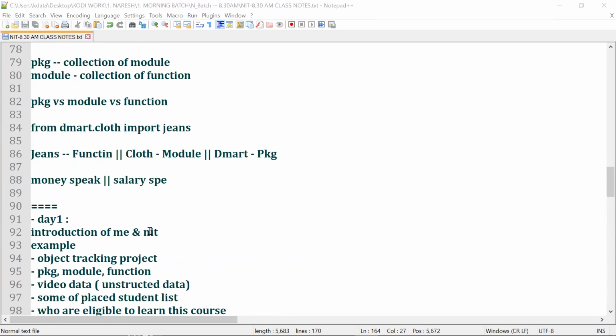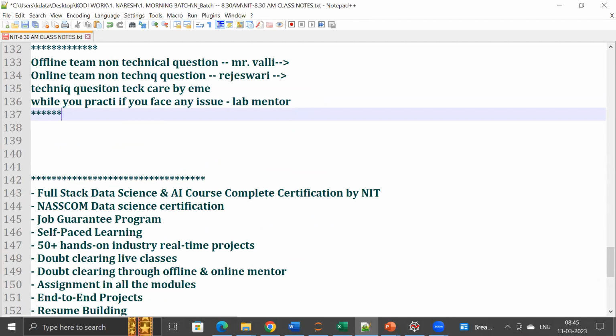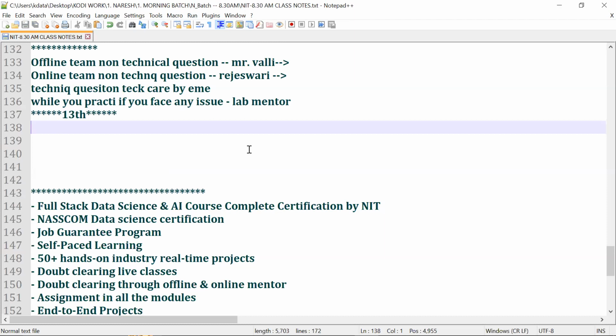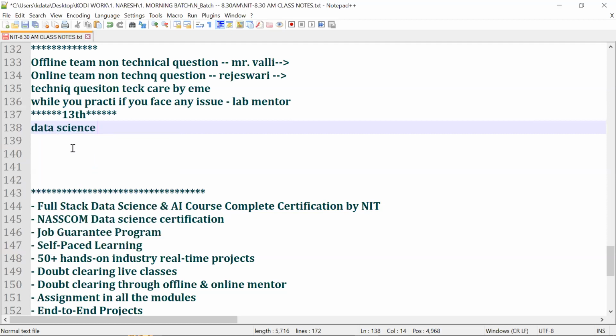Now, today's date is 30th. Okay, so a few things we'll discuss today, which is called data science architecture. What is meant by architecture? For a layman, if you construct any building or house, from the foundation level to the slab, all this is called architecture. When you build a house, you plan it: where exactly your living room should be, where exactly your drawing room should be, all those things.